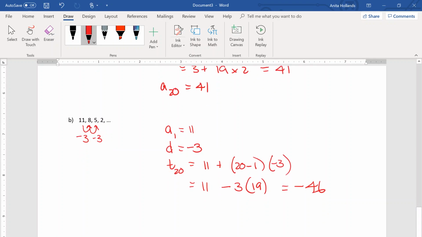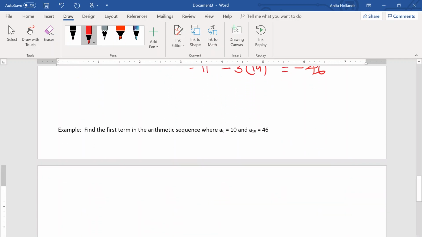Okay, let's look at one more example here. In this example, we are given our 6th term and our 18th term. But we're asked to find what the first term in this sequence is. So we can